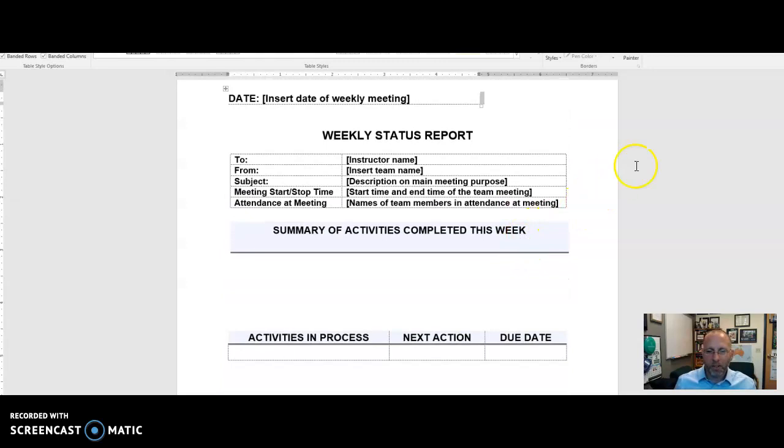This is aimed at just keeping you organized as you go from week to week throughout the semester. These projects are big, you're going to be working on them, and there's going to be a lot of moving parts, so you really do need to make sure you touch base with your teammates every week and know who's doing what, who's accountable for what,